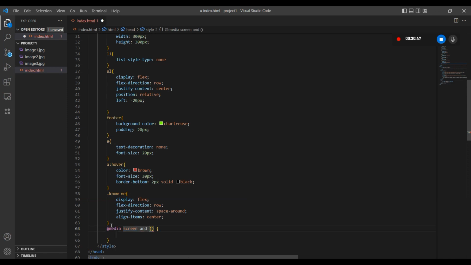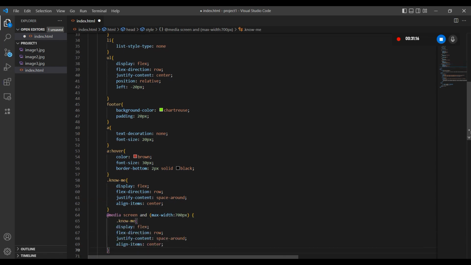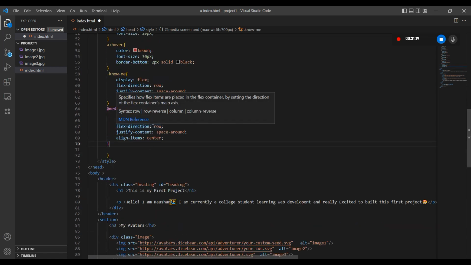You can apply at-rule, let's type media screen, and after what width are we going to apply this? Let's type max-width. And what is the maximum width? 700 pixels. So after 700 pixels, how is the website going to look? Now I want to change how my know-me section will look below 700 pixels. So I will paste it with Control V,